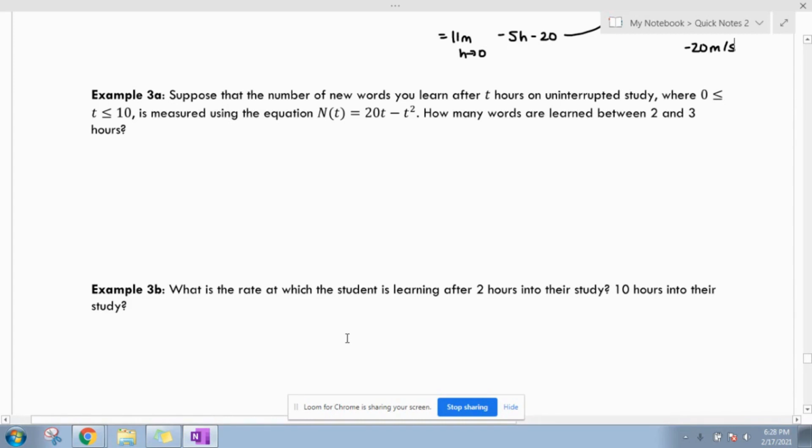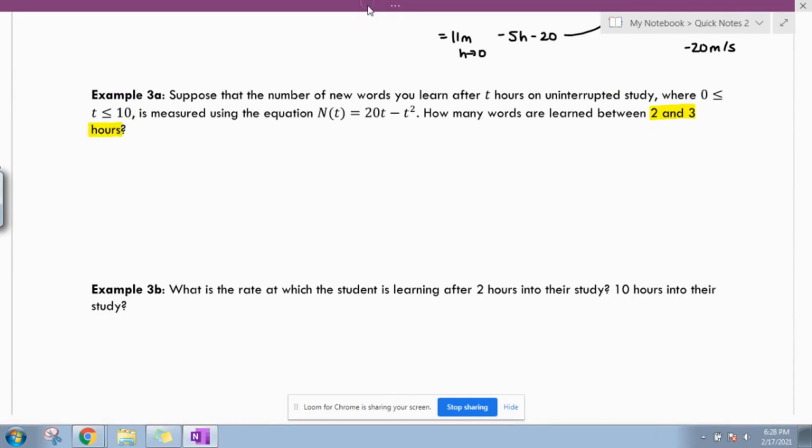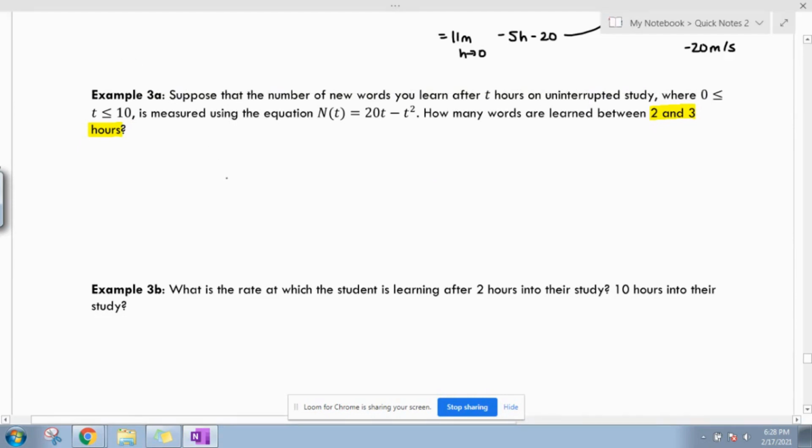So in this particular case, you're figuring out the rate of change between 2 and 3 hours. More specifically, you're actually looking for the average rate of change here because I gave you an interval for time. So just like the previous example, what we're going to do first is figure out the number of words learned at 2 hours and then the number of words learned at 3 hours. And then we're going to figure out the slope of our secant line to figure out the average words learned per hour. So I'm going to do n of 2, which is going to be 20 times 2 minus 2